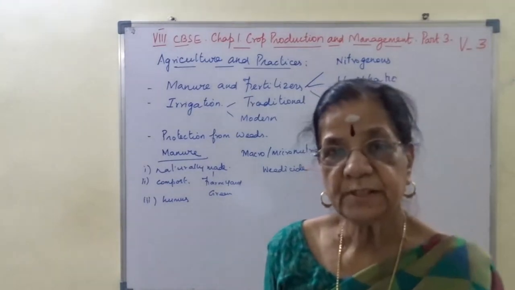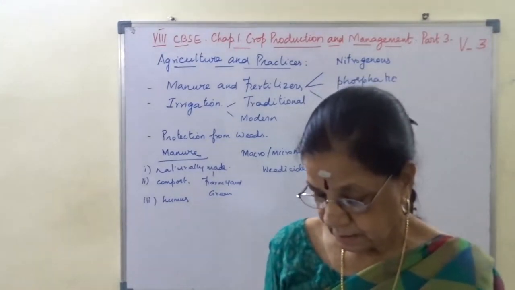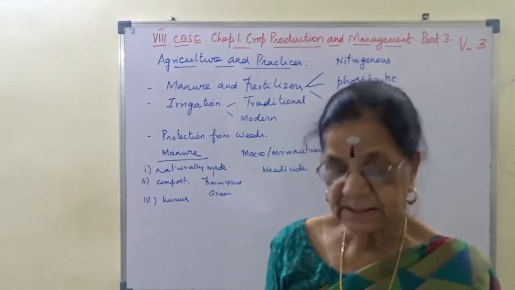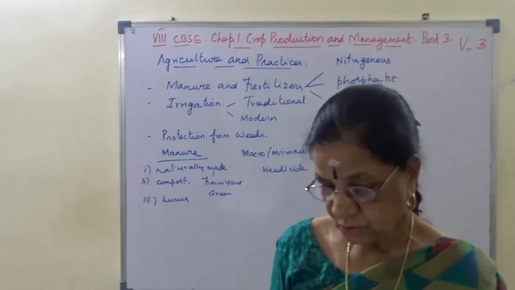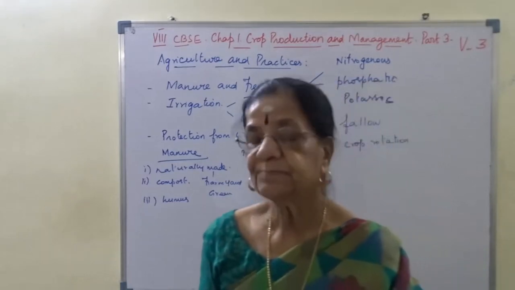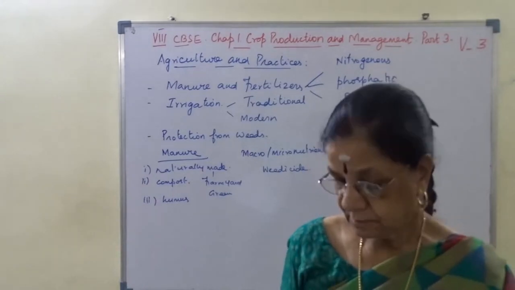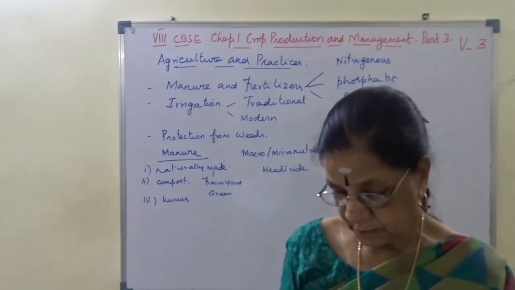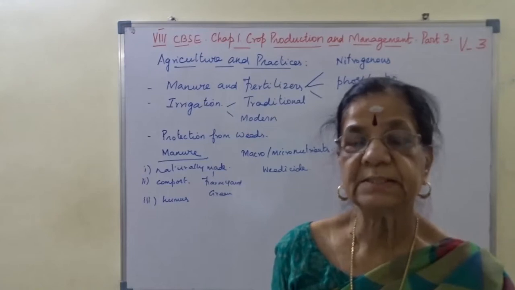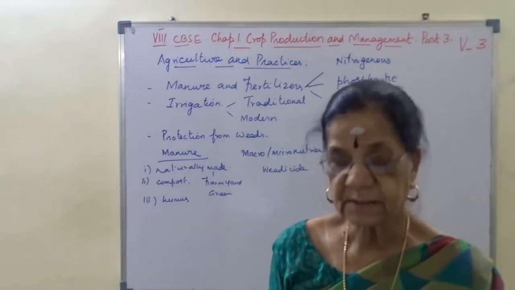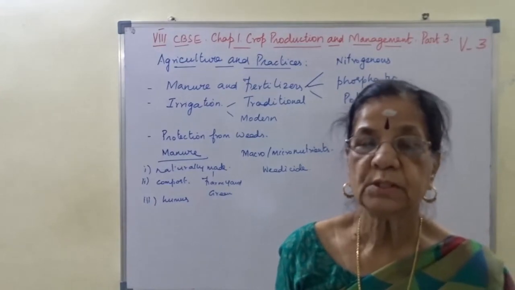Uprooting means pulling out the plant. And this is done along with the khurpi, or a seed drill is also used to uproot the weeds. Okay? And then weeds are also controlled by using a certain chemical weedicide, that is 2,4-D, that is dichloro diphenyl